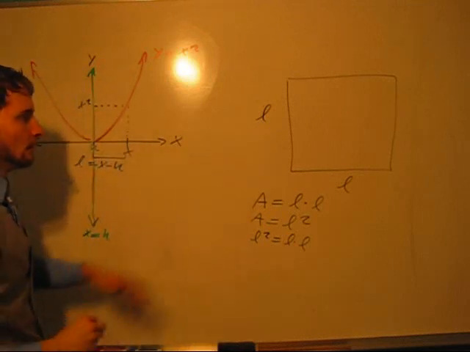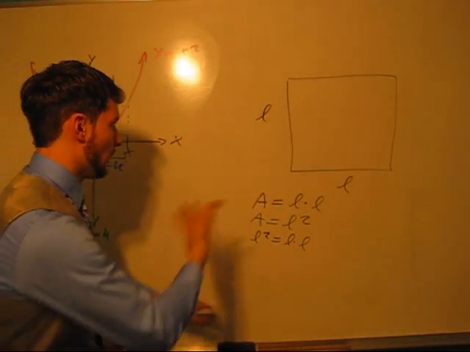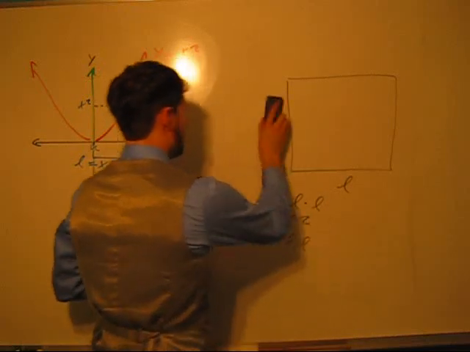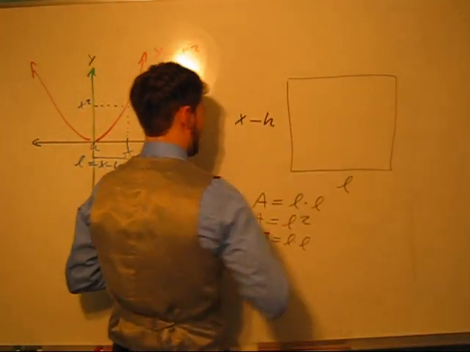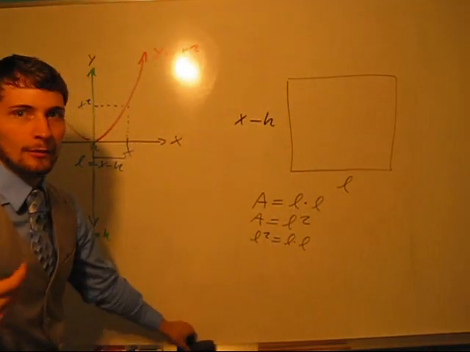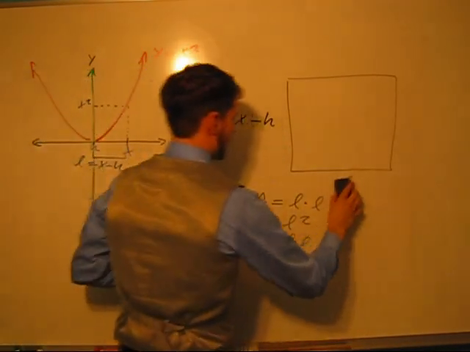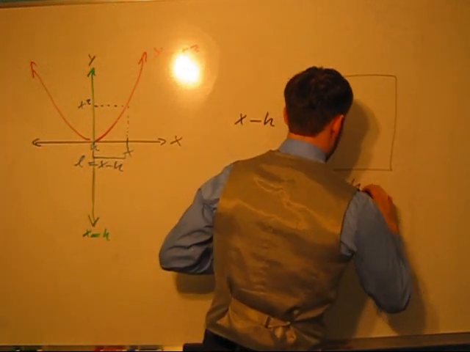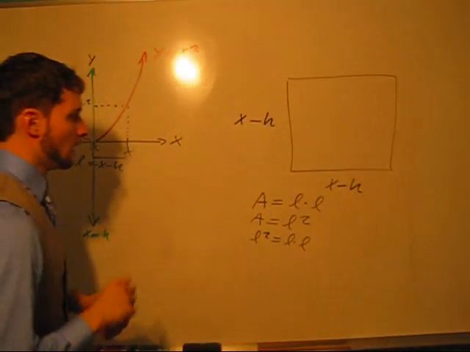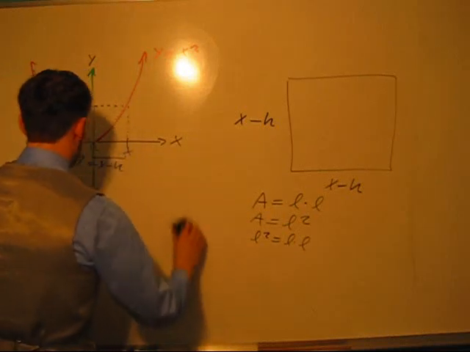And so, bearing that in mind, we observe that the length of the square in this particular instance could be synonymous to x minus some constant h, where the constant in question is within the set of real numbers. And so this is x minus h. Bearing this in mind,